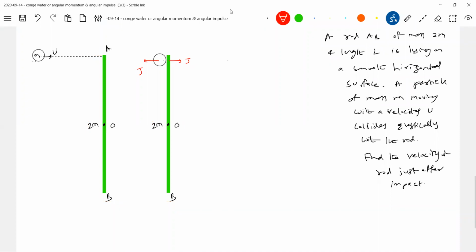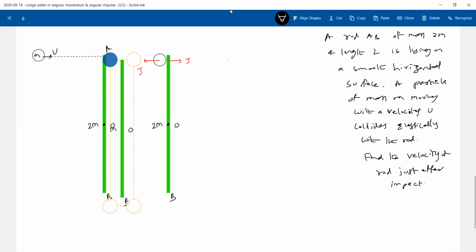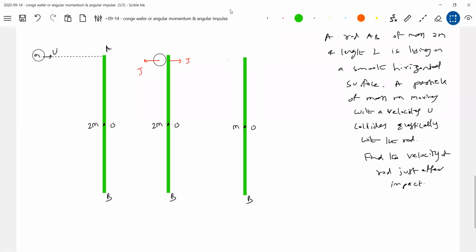Agree with this? Okay, now come to this one. An impulse acts on the rod. So what can happen to the rod? You applied the angular impulse, angular momentum concept. So just after impact, what all we can see is the rod will have momentum, since an impulse acts on the body. So the center of mass will start moving with a velocity v naught.